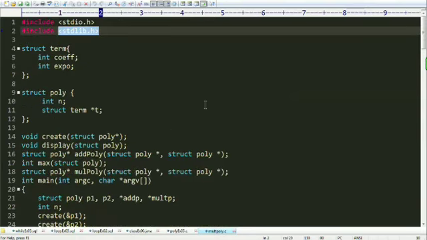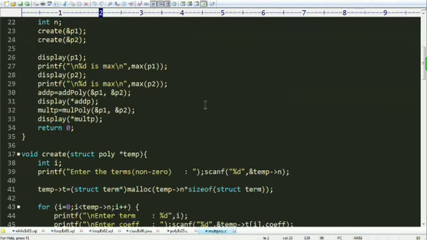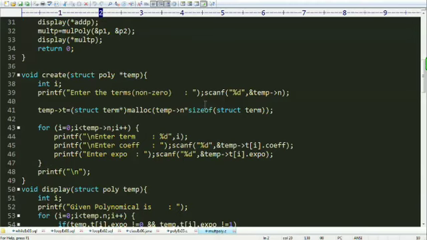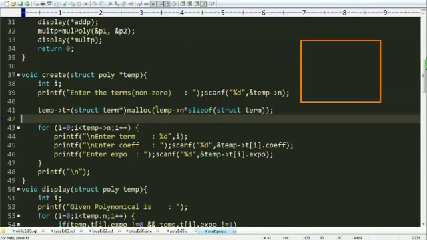If you use malloc without including stdlib, then you'll get a compile time error. By using malloc I'm allocating some memory, and t acquires the initial address of this memory block, which represents the structure terms present in that polynomial.